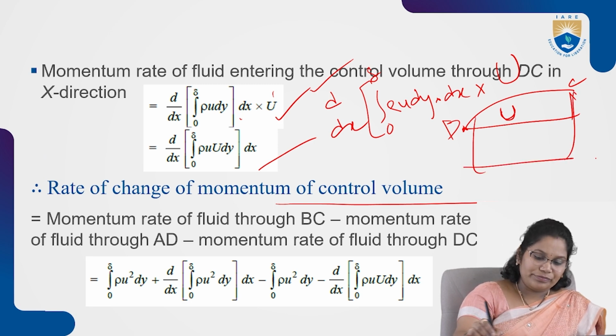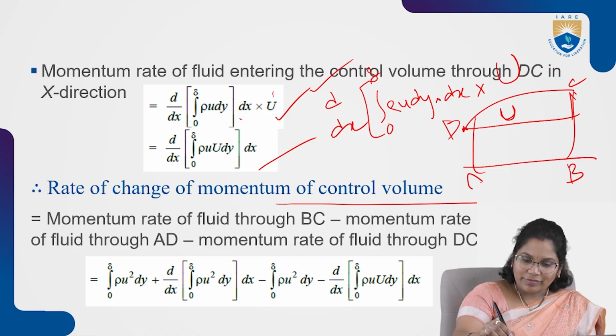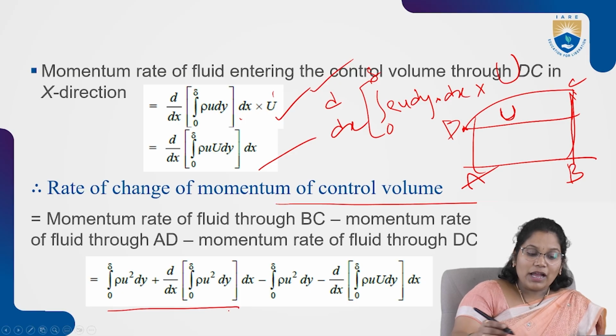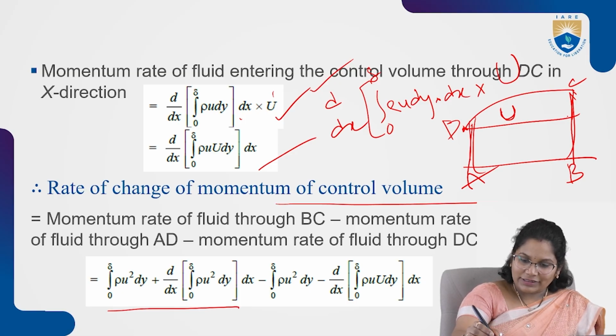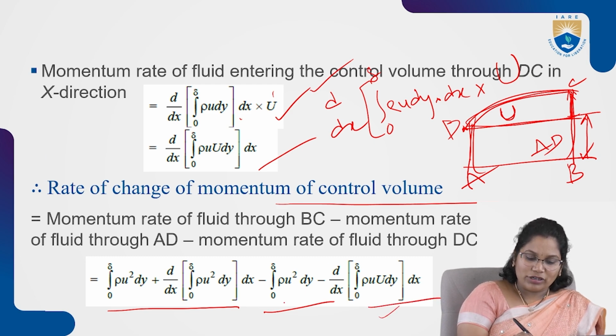This control volume. The momentum rate of fluid through BC, first BC, minus AD. And the momentum rate of fluid through DC. So this is the momentum through BC, this is the momentum at AD, and this is the momentum at DC. Now, when you differentiate,